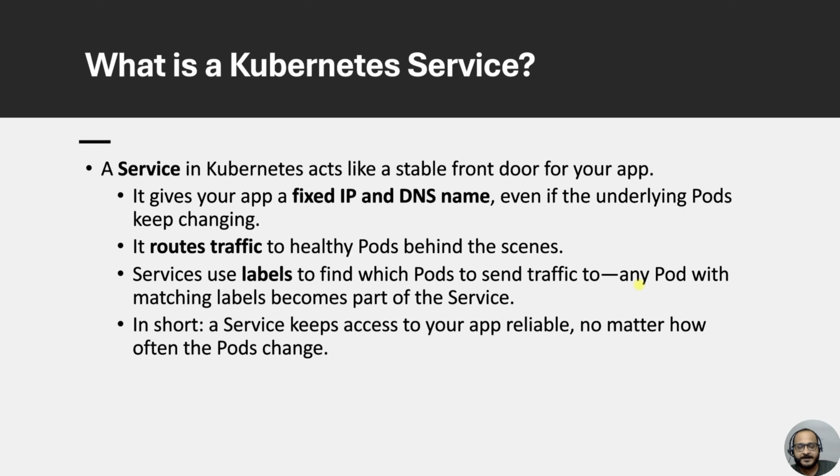By default, when we deploy our application inside a Kubernetes cluster, we cannot directly access it. To access our application from outside the Kubernetes cluster, we need a Service. Basically, Services provide you a fixed IP and DNS name for your applications. And generally, the use of Services is to route the traffic,